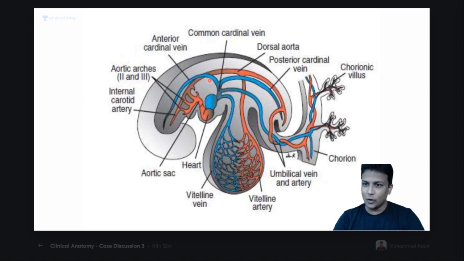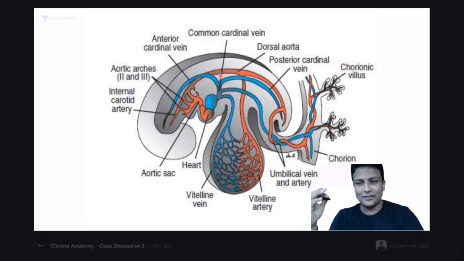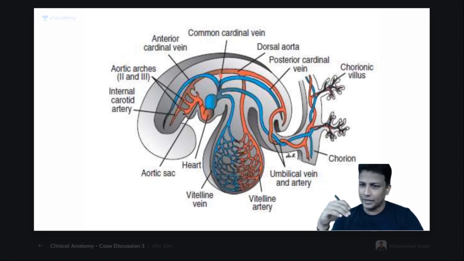Okay, for now, right now, our concentration is mainly on the development of the heart. Development of the pharyngeal arch arteries, and the development of the entire venous system, superior vena cava, inferior vena cava, and all, I'll deal with in other classes, guys. For now, in this class, our main topic is the development of the heart.